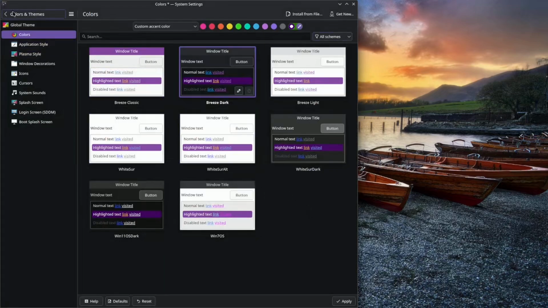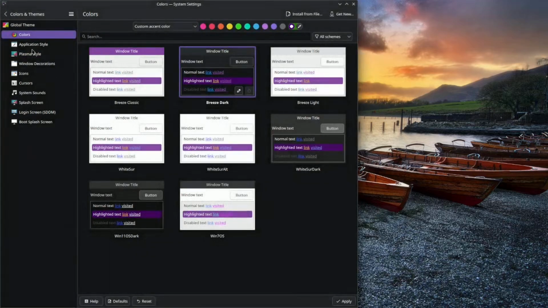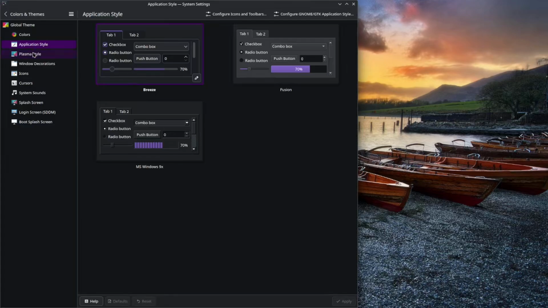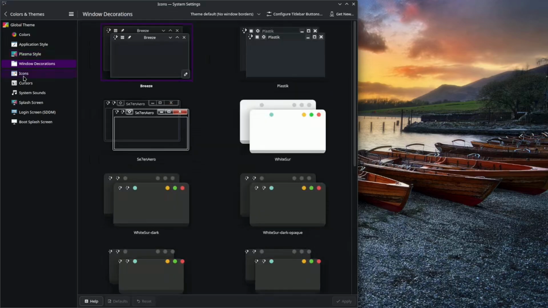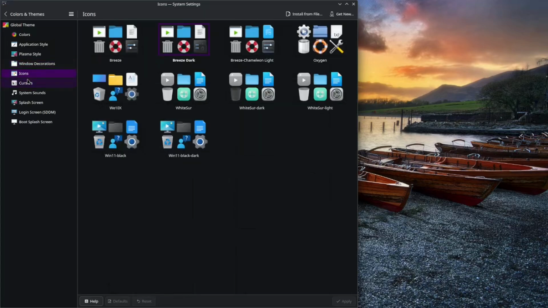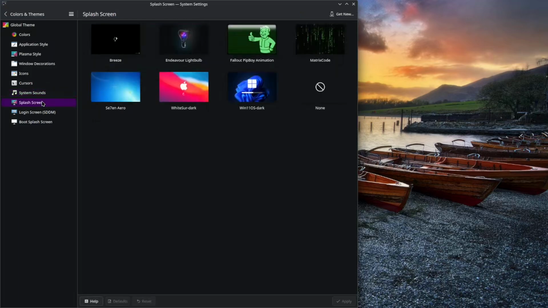Alright, let's go over here. Let's keep that. Application style. Now you can download more application styles if you want to, but these are the 3 defaults that come with it. Window decorations, those come with your global themes usually. Icons, or window decorations rather than your icons. Cursors, all these you can download, get more of them. Your splash screens, this comes with your global, or you go into and actively you have to search